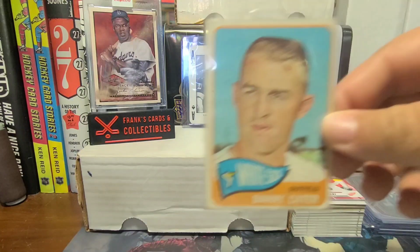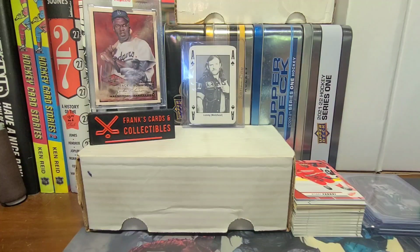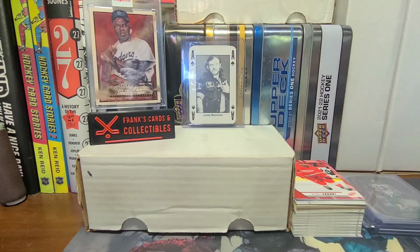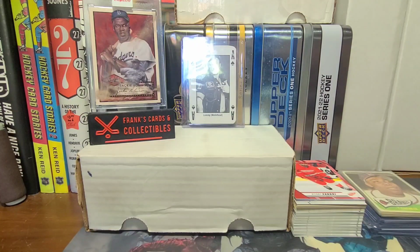Then we got Mr. Danny Cater. And probably my favorite out of this whole stack, from the New York Yankees, Mr. Ball Four himself, Mr. Jim Bouton. Yeah. I'm going to have some more 65 Topps stuff coming soon, which I can't wait to show you guys. All right, now,